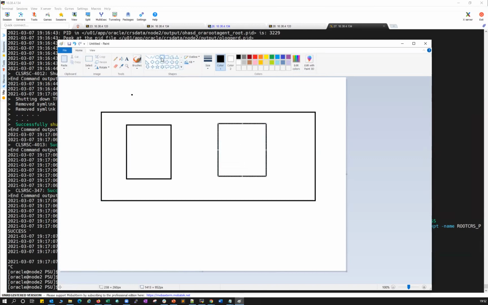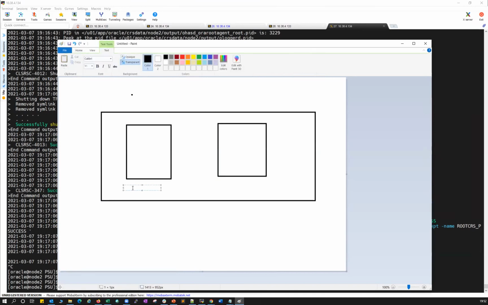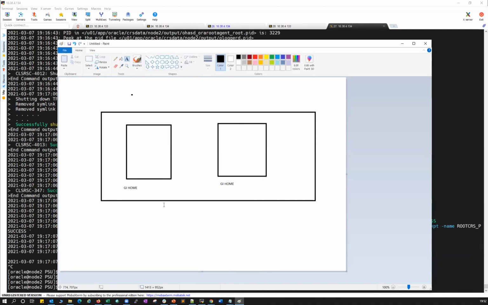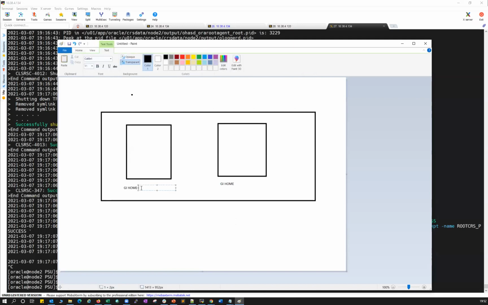I have installed my binaries, the GI home, on each. This GI home is currently at October 2020 patch level, and the home on node 2 is also at October 2020.